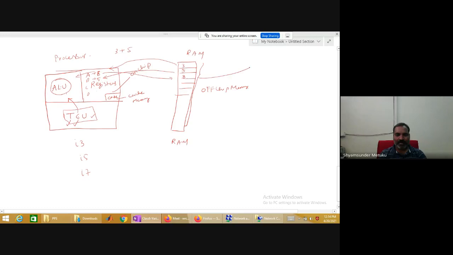From this memory, you can give it to a monitor to see the results, your output device. Is it okay or not? This is the keyboard where you are giving input 3 and 5. I think in the very first class I gave this information. From the keyboard, data will go to the memory, from memory to the processor, processor to the memory, memory to the output device. Is it not what I gave?